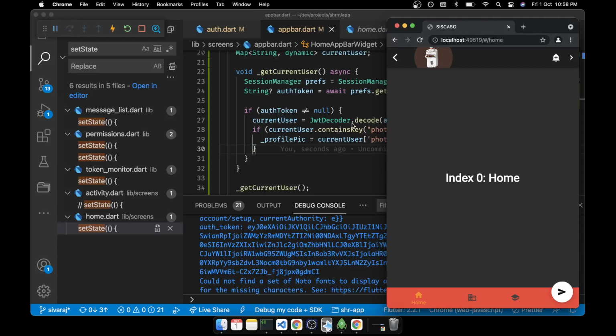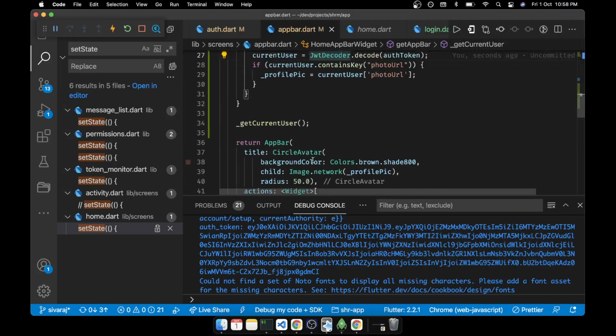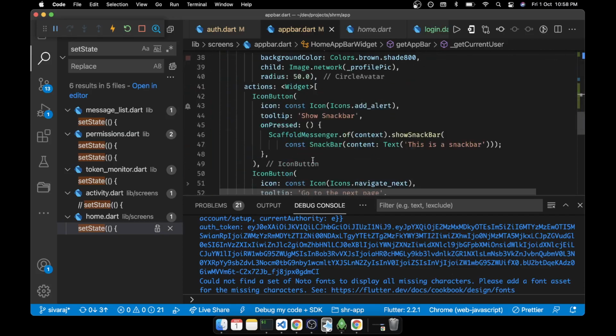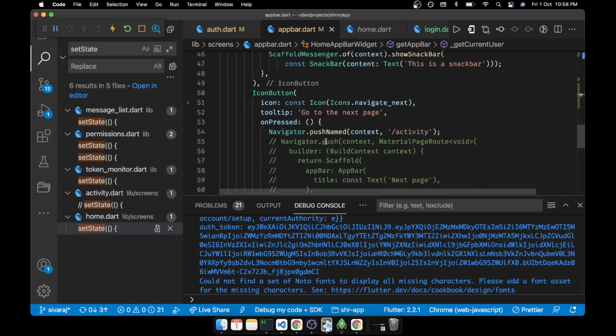Some other data came but okay, maybe we'll look into this later.